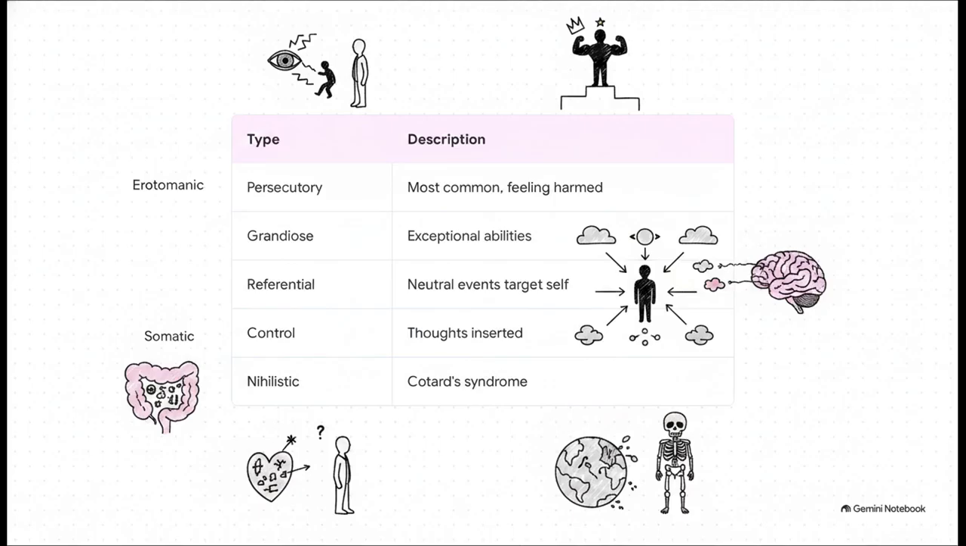But there are plenty of others. Grandiose delusions involve believing you have exceptional abilities or fame. Referential means believing completely neutral, everyday environmental events are directed specifically at you. We also see erotomanic,